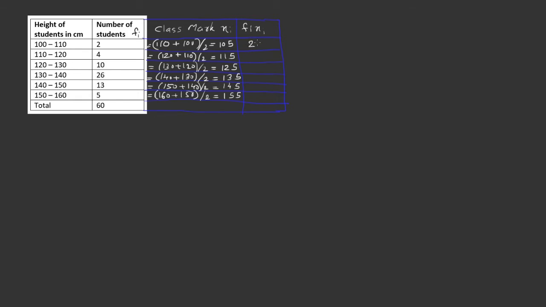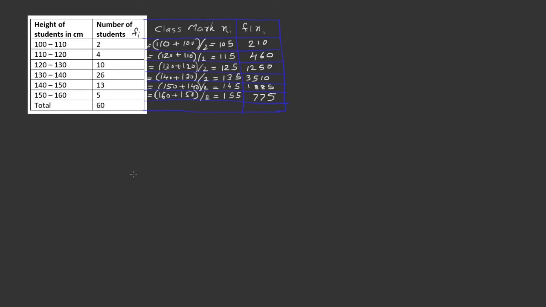So it will be 210. 4 into 115 is equal to 460. 10 into 125 is 1250. 26 into 135 is equal to 3510. 13 into 145 is equal to 1885. 5 into 155 is equal to